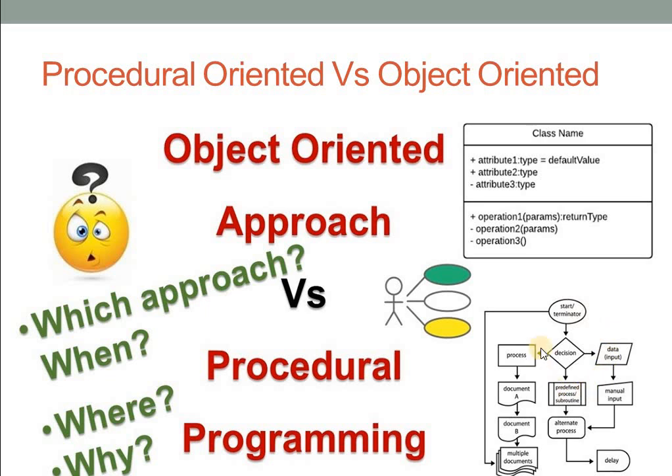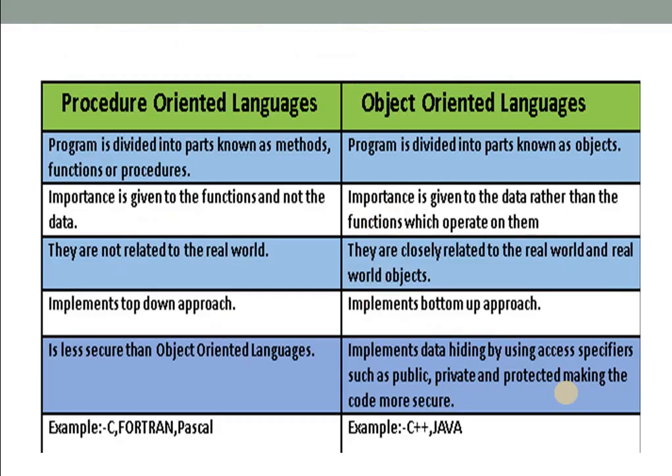While in procedural oriented programming language, we follow a step by step or sequential approach. Step 1, start. After that, what to do. Next, what to do. Like that, we go procedure by procedure. So that is an idea regarding the difference between procedural oriented as well as object oriented concept.